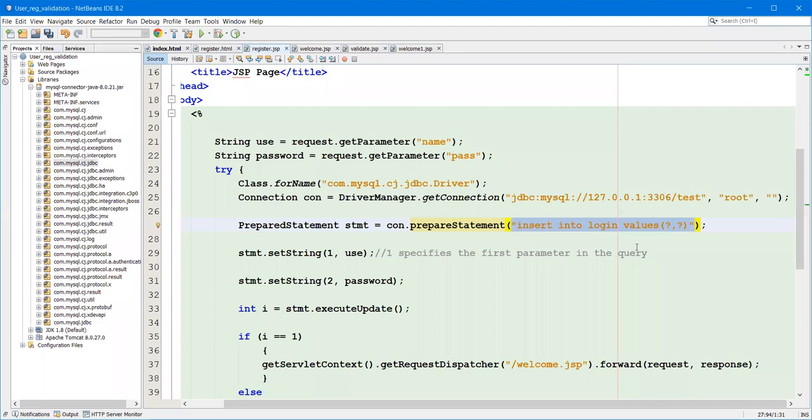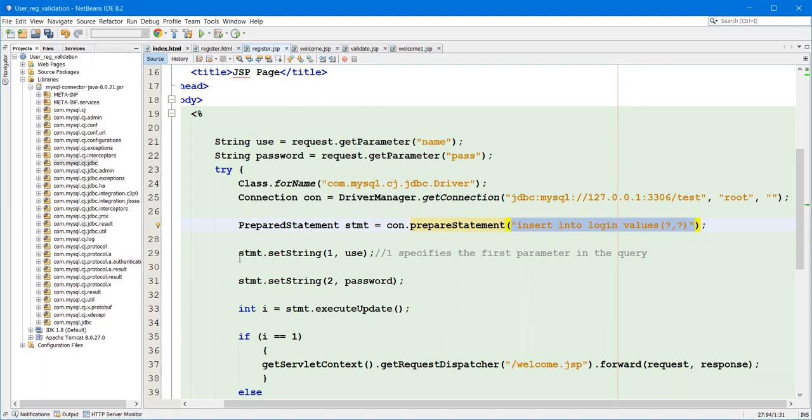What is the SQL query here? Insert into table name values question mark and question mark. As we are passing the values into the database using the prepared statement, we use question mark and question mark in our query. So we need to pass the values for these.